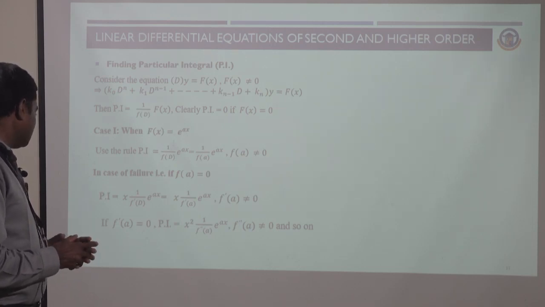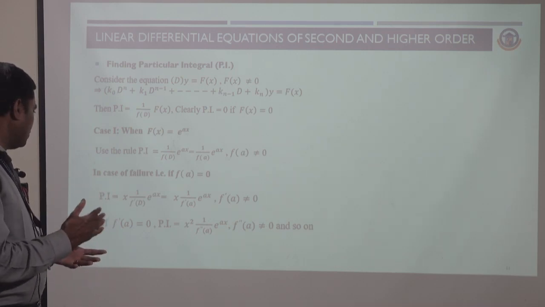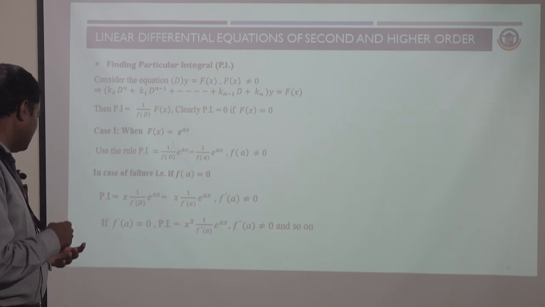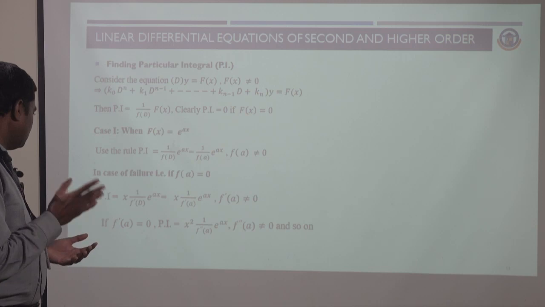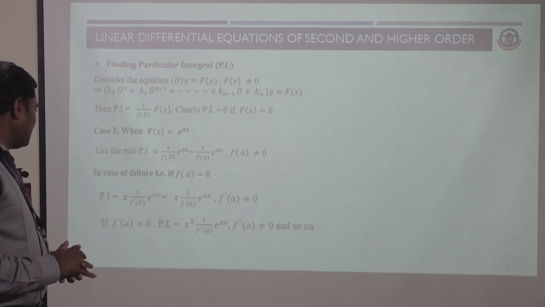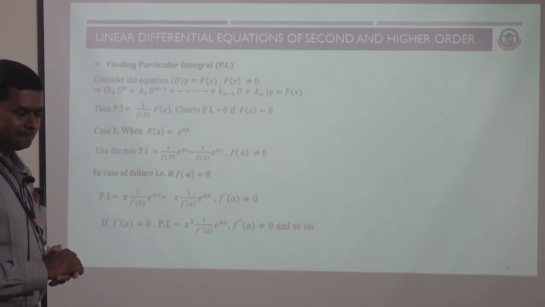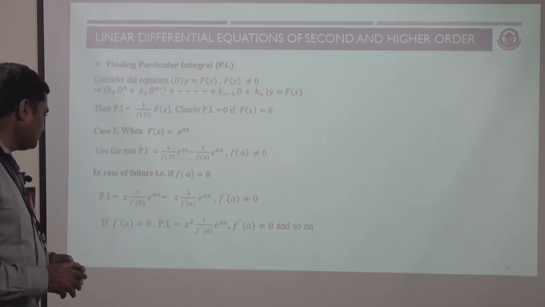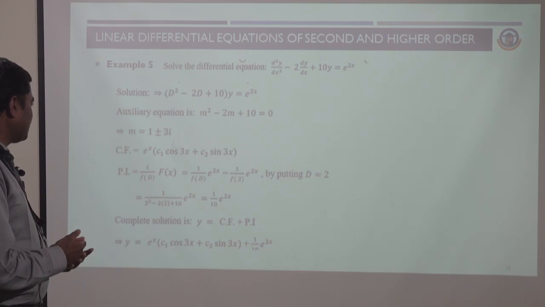In the third case, the particular integral: we multiply by x, already we have x, so x square, 1 divided by the derivative of f dash of D with respect to D. So we get f double dash of a, e power ax. If f double dash of a is not equal to 0, this is our final particular integral. Otherwise we follow the same procedure, and so on. Now we can take a simple example: